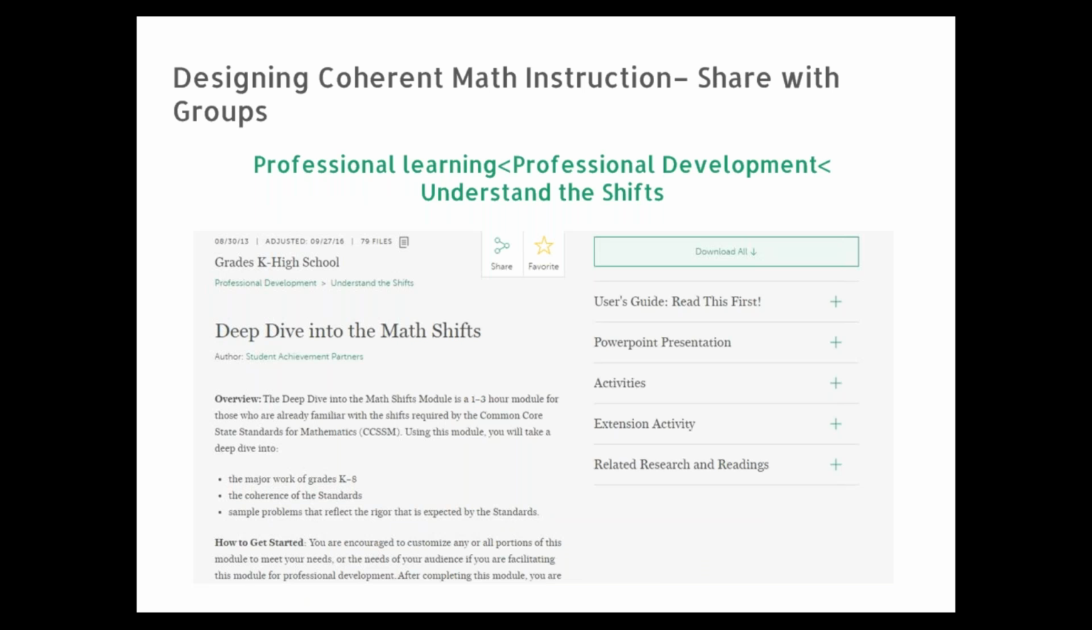Now, if we continue our thread of this PLC group, really focusing on vertical alignment of math instruction, we have a great math activity, and I'd love for you, if you've done the coherence card activity, it's often said in shorthand, I'd love for you just in the chat box to go ahead and type a yes, or I have, or I've led it, or I've participated. This activity is one where